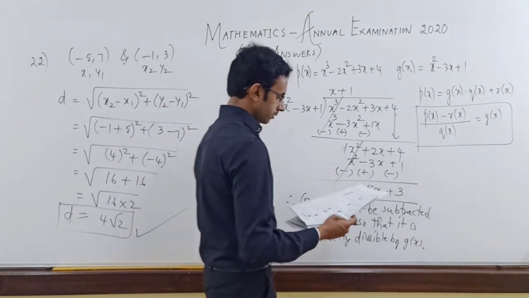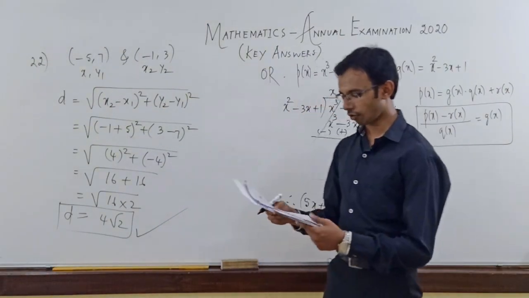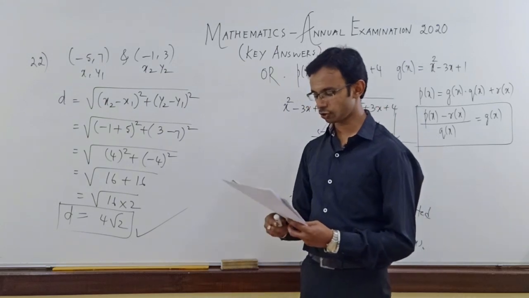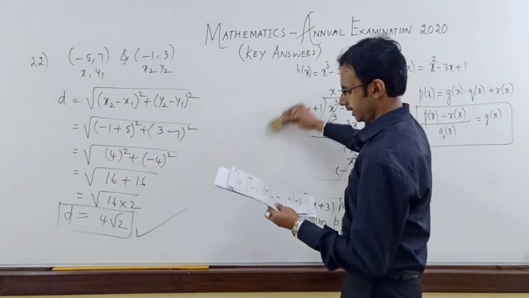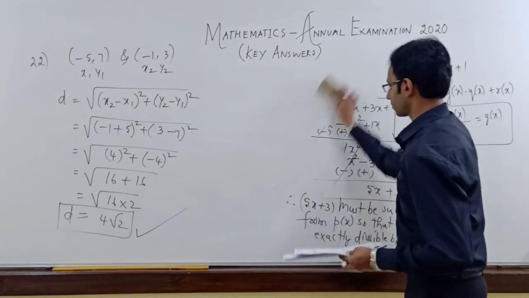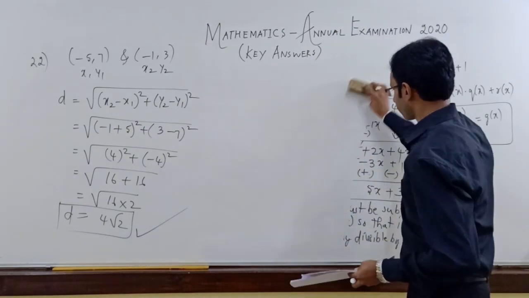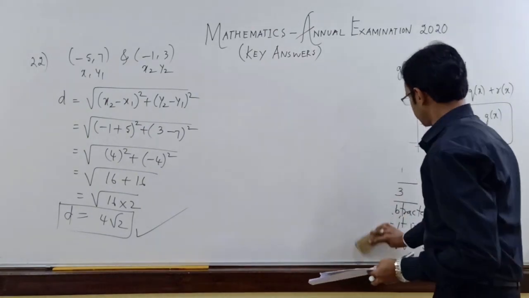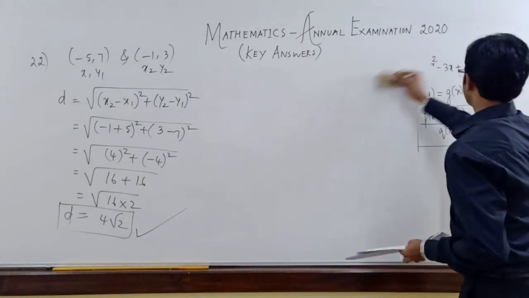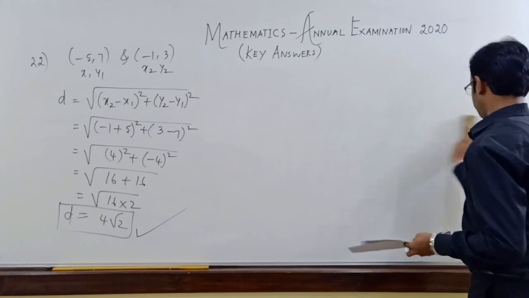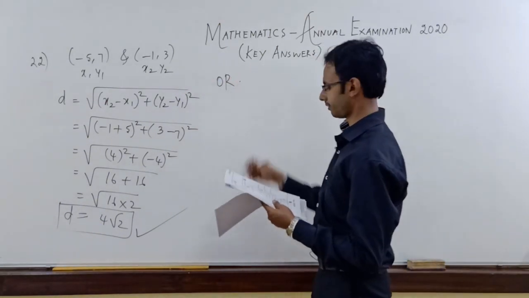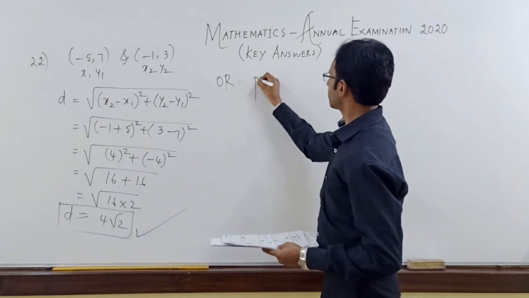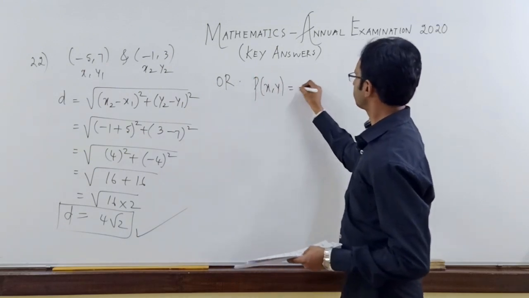There is also an option in question 22: you can find the coordinates of the point which divides the line joining the points (1, 6) and (4, 3) in the ratio 1:2. So either the distance formula, which is very easy of course, or using the section formula. I know the majority would have used the distance formula only, but those who opted for this can have a cross check. Section formula, we all know, is given as